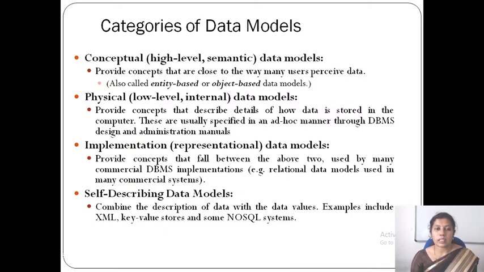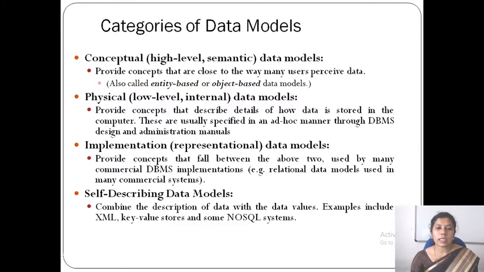Okay, so examples for conceptual data model are entity based models and object based data models. So these are the examples of conceptual data models. It is also called as high level or semantic. So how the user perceives the data, according to that the data model will be designed or represented.